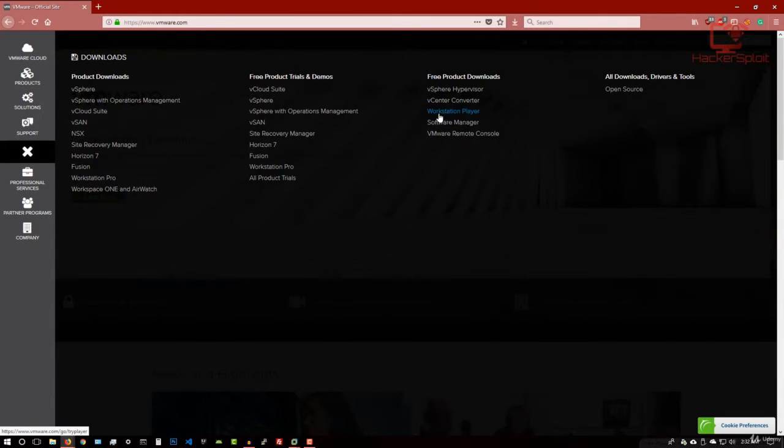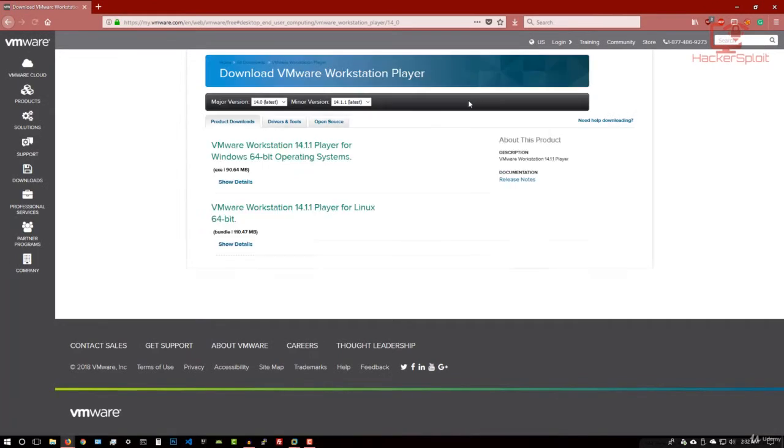So going back to Workstation Player, just click on it. As you can see, it's under free product downloads. You'll be able to use it as long as you want without any issues. Alright, so once we click on it, it'll take you to this download page, and the download page is going to offer you a few options. So you have your download for your Windows 64-bit operating systems, and you have your